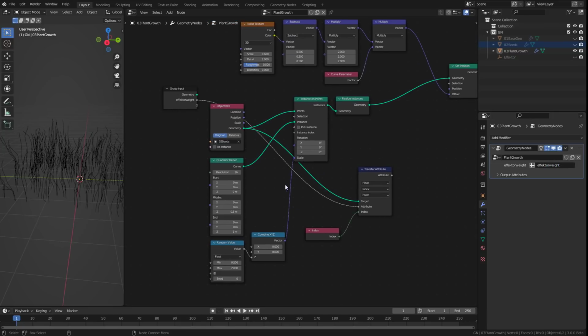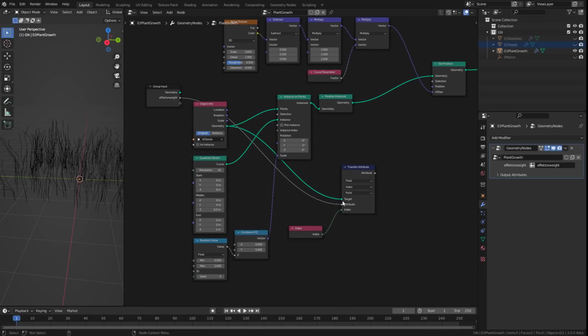But don't get this wrong. Effector weight is not actually coming in over this port, because that is fields. This is just a function. So the transfer attribute has to just know the name of the attribute that it has to fetch from the geometry stream. And what we are telling this node is just the name. At first it might be a little distracting that this attribute is here on this group input, although we are not using the geometry, and it should work with this geometry, although here is no attribute output. But as soon as you understand that this is more or less just the name, it makes more sense, I'd say. So this node is now reading the effector weight value,